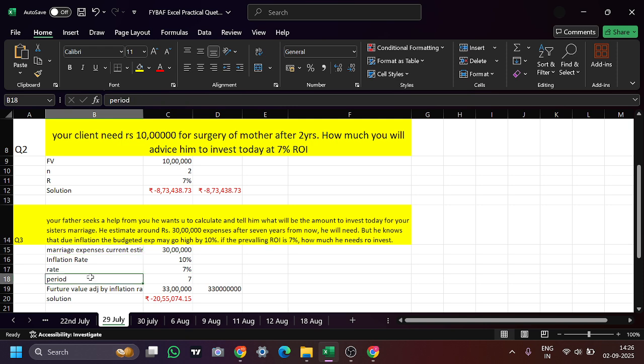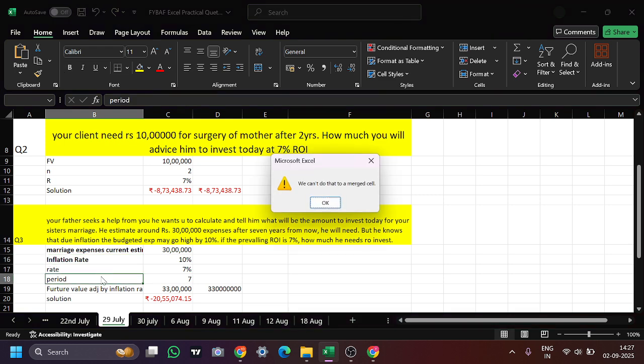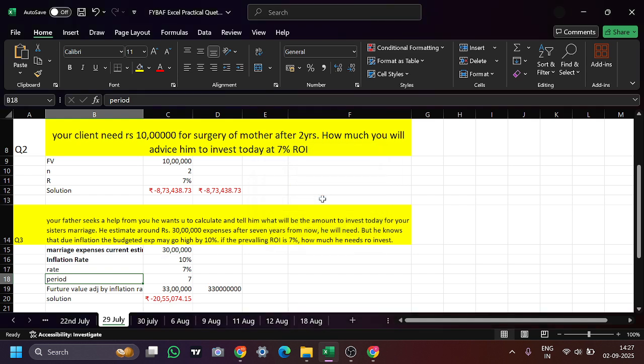Now the period is mentioned as how much? 7 years, right? But he knows that due to inflation, the budgeted expenses may go high by 10%. Now the inflation rate given is how much? 10%. So the current estimation of marriage expenses is given, the inflation rate we are aware is 10%, and the period is 7 years. Done. If the prevailing rate of interest, the rate of return, is mentioned as 7%, how much he needs to